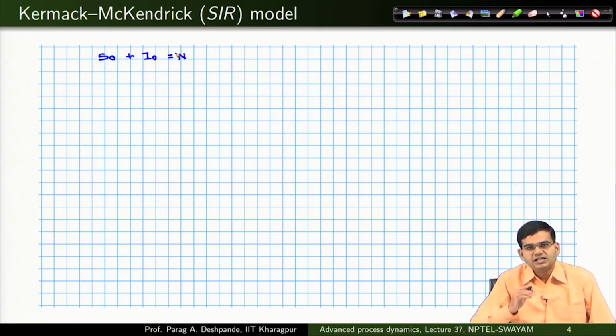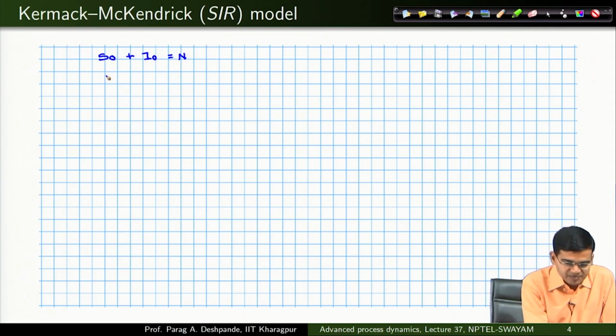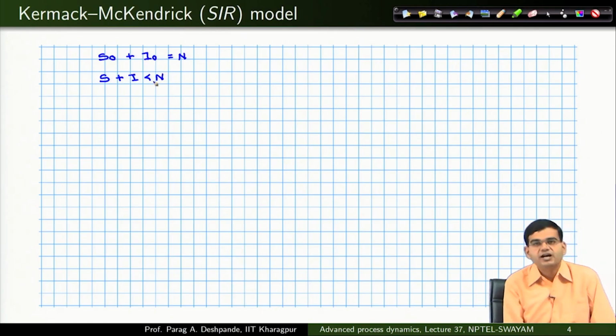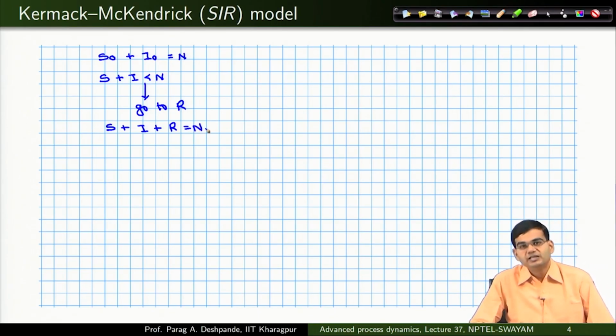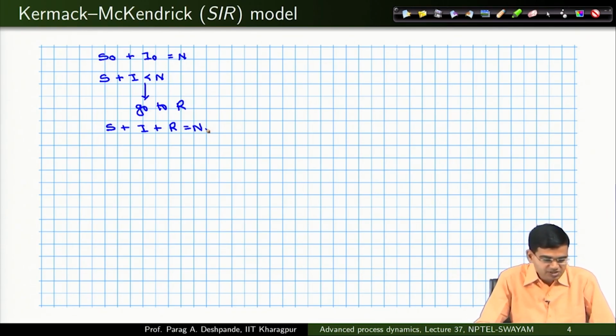But as the infections grow, the number of susceptibles changes, and some of them become recovered, so S plus I should become less than n. Why? Because some of them go to R. S plus I plus R is equal to n. Therefore, S plus I should be less than n, because R is again, because it is a population, a positive quantity. So, therefore, I must look at